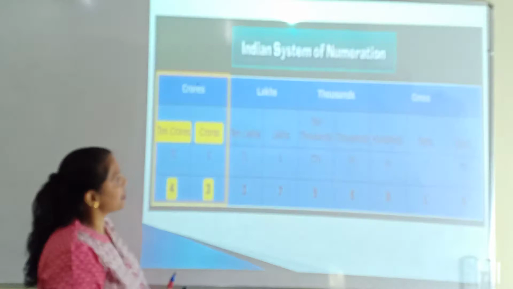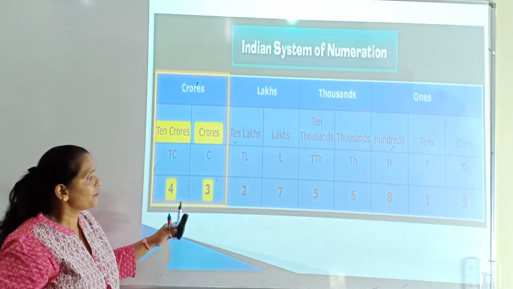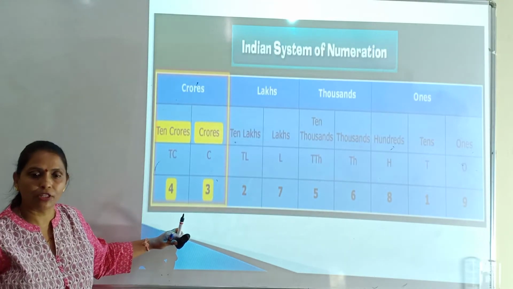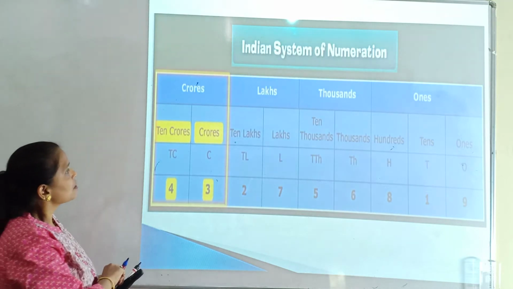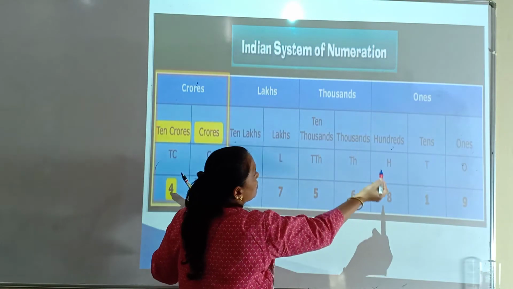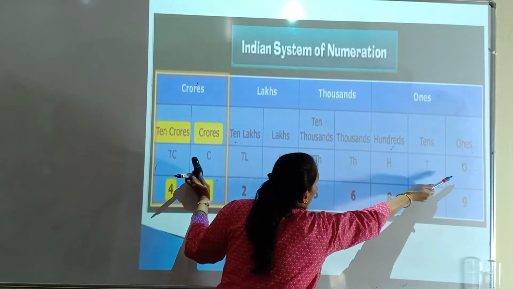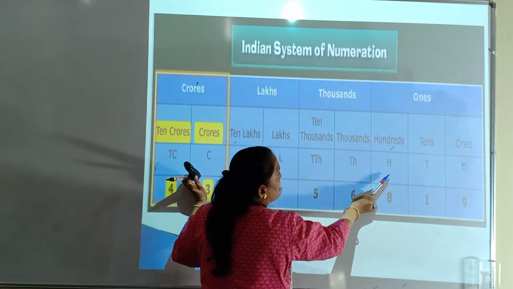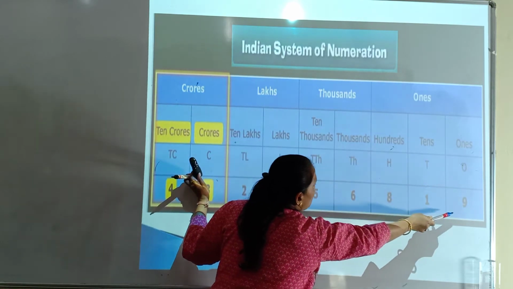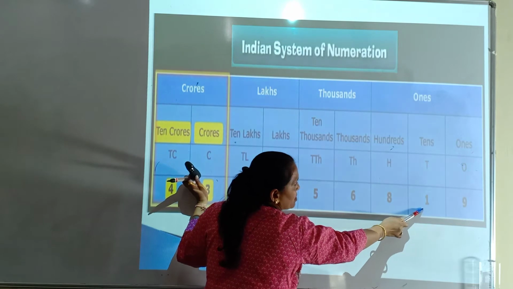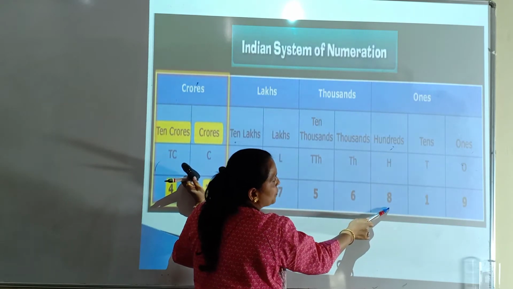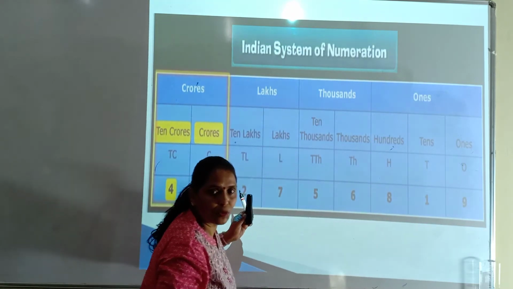Also 4 periods are there. The same number we have written in an Indian place value chart. Same number, the previous number. So here is the ones place. Here 3 places are there: ones place, tens place, 100 place. In the ones place we have 9. Tens place we have 1. 100 place we have 0. This is the first period.